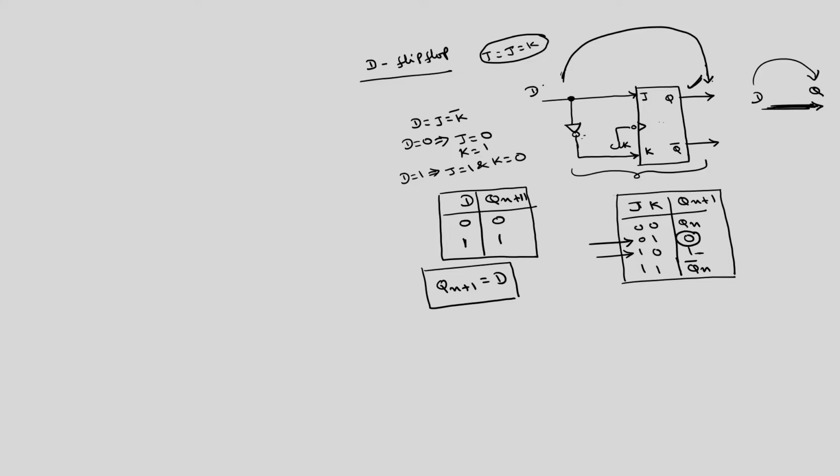Because this creates the delay. If I give D is equal to 0, you definitely will get Q is equal to 0, but after some delay. So, what is the delay? Delay caused by this NOT gate, and inside this we have nearly 8 NAND gates. So, after the delay of 8 NAND gates and 1 NOT gate, you will get Q is equal to 0 here. D is equal to 0, you will get Q is equal to 0, D is equal to 1, Q is equal to 1. So, that is why the name D stands for delay flip flop.